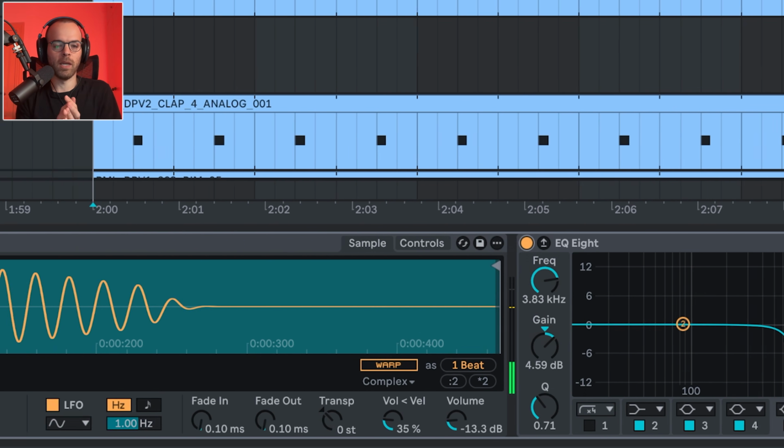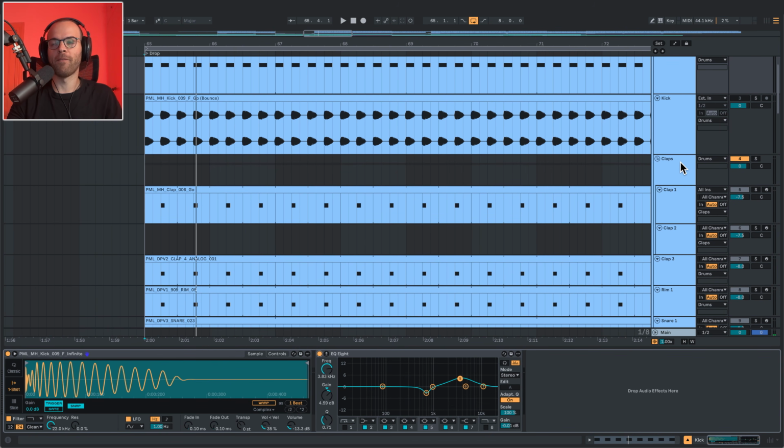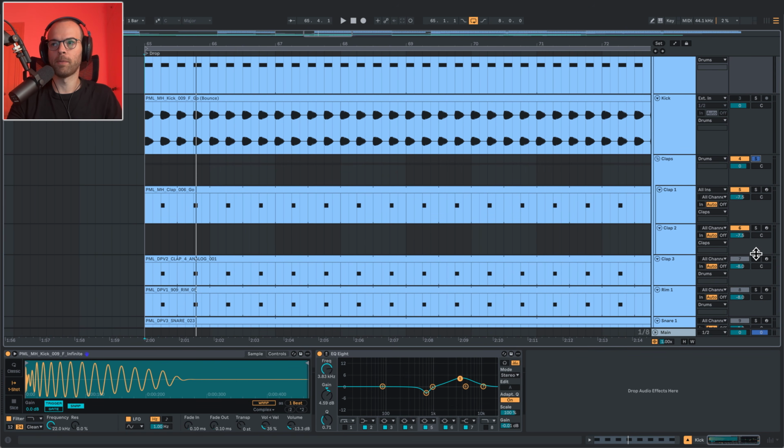What is good about this kick is that it has a really nice tail here. So it essentially has a really nice big low end in the sound, as you can see in the waveform. And as you can listen as well. Now we also have claps in the song. So if you listen to the claps,